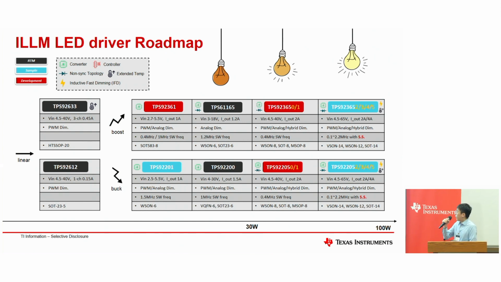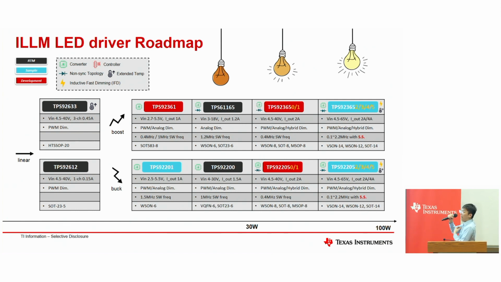On the right-hand side, we have buck at the bottom and a boost on the top. Those are DC-DC switching, so we are expecting higher efficiency in those kinds of applications. The hero device I want to highlight on this page is on the right-hand side. At the bottom, it is the TPS92205. It has 2, 3, 4, 5, 4 different variants within this device family. I will go into some detailed explanation after.